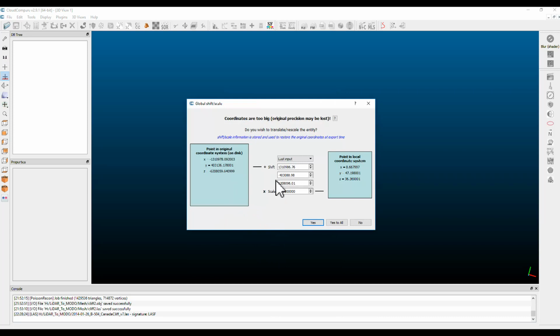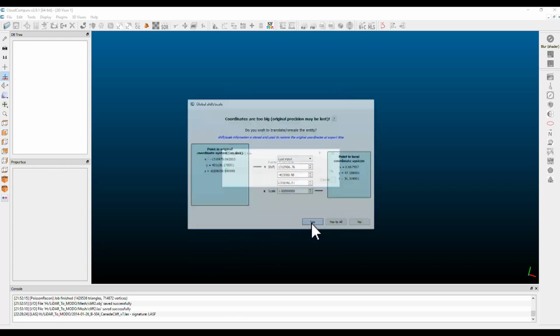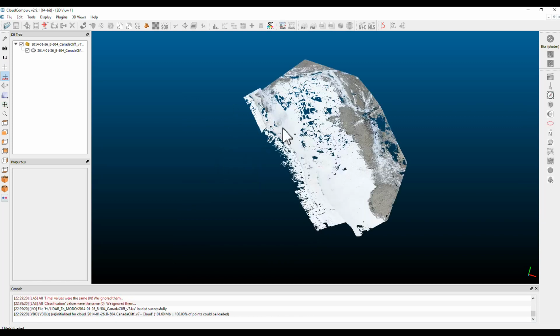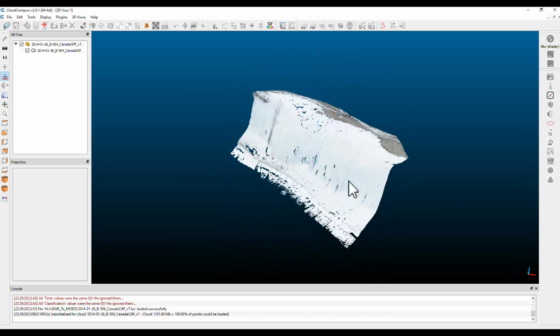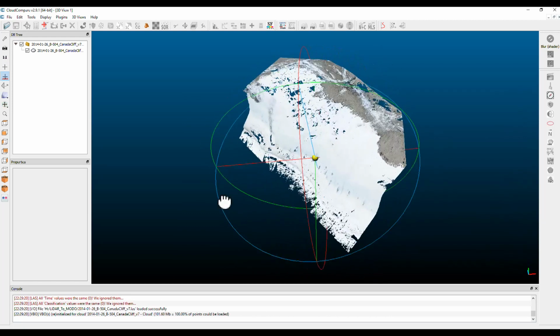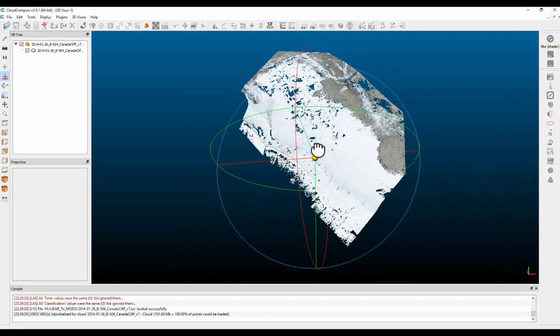And here, because everything is far from the origin, we're asked if we want to subtract some numbers off so we can see everything properly displayed. So we'll say yes, and Cloud Compare remembers those values to put them on later. So here's our mesh, and to do the example faster,